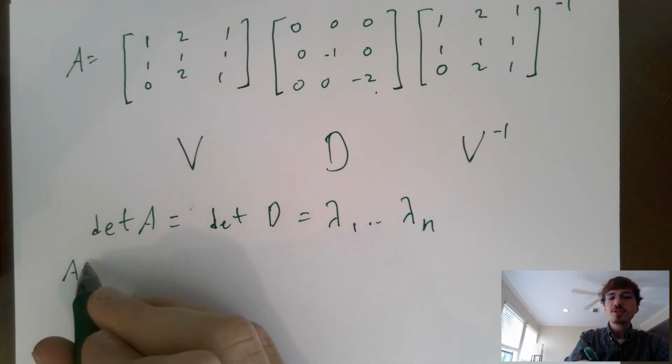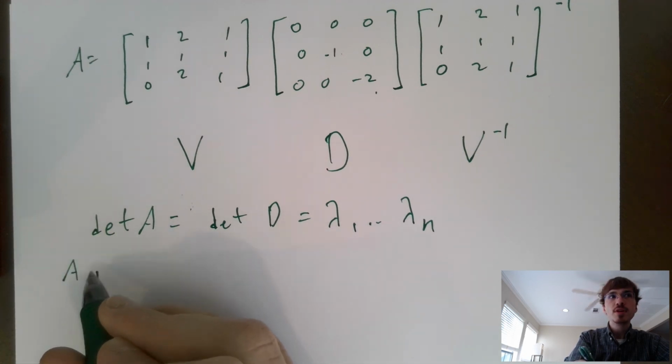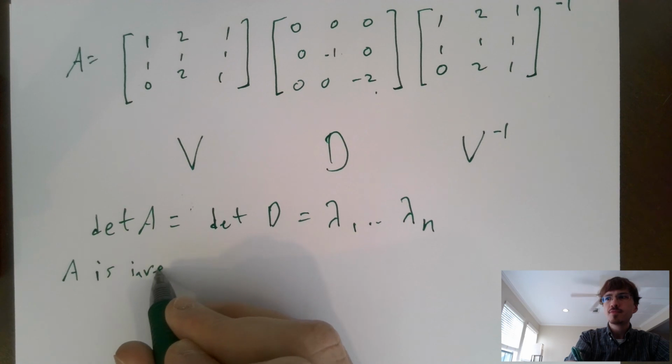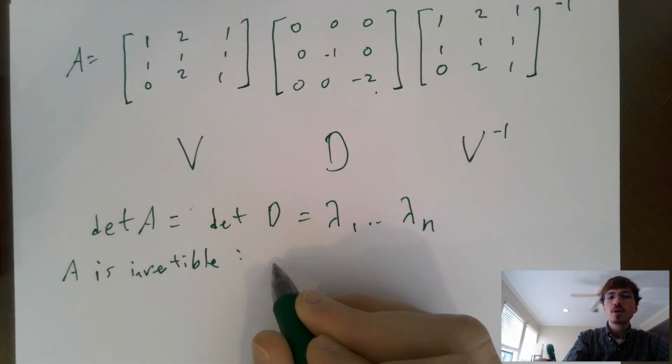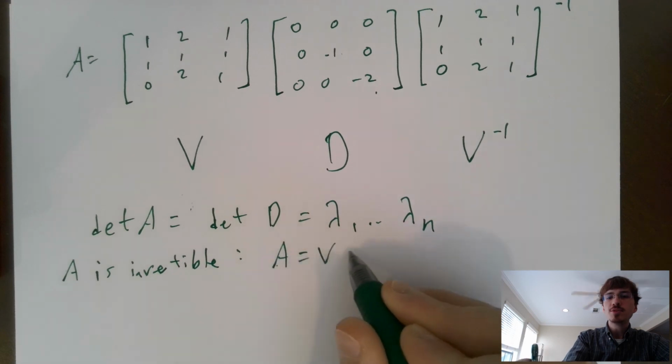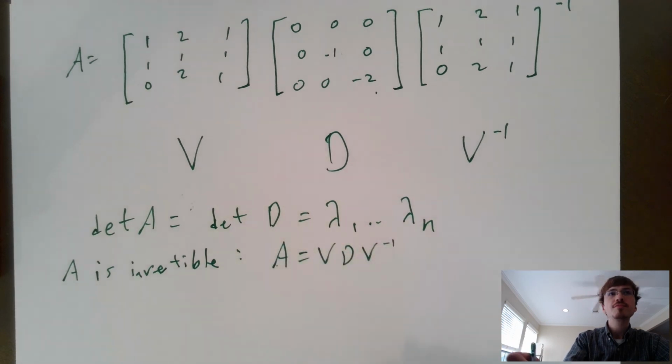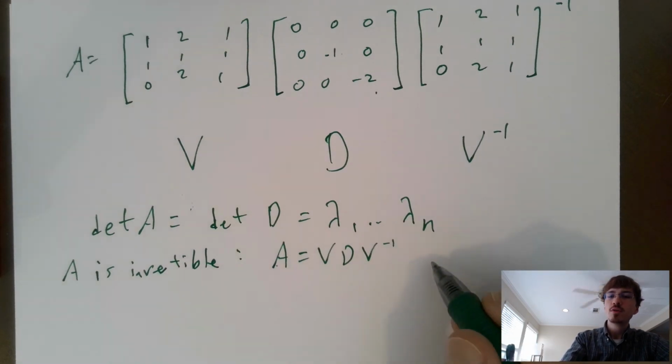So first, suppose A is invertible. If A is equal to V D V inverse, what do we know